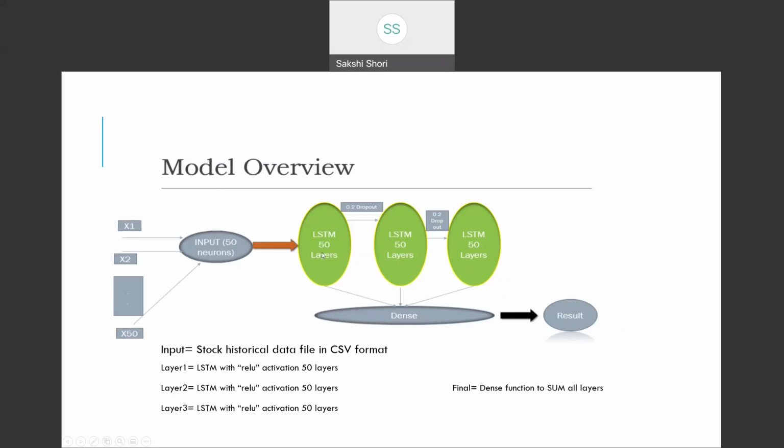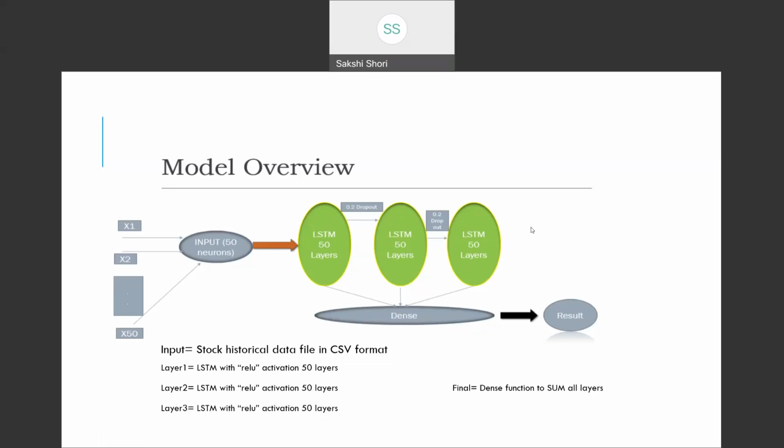These green ones show the 3 LSTM layers with 50 neurons each, and there are 2 dropout layers, and I've chosen 0.2 or 20% as the dropout rate. And 1 dense layer. So after the dropout, the output of the LSTM layers goes to the dense layer, and eventually it goes to the output.